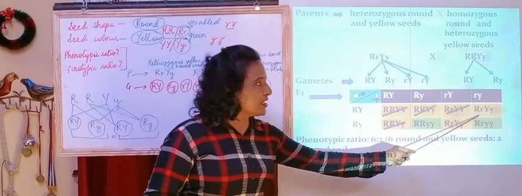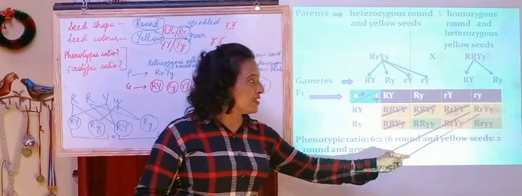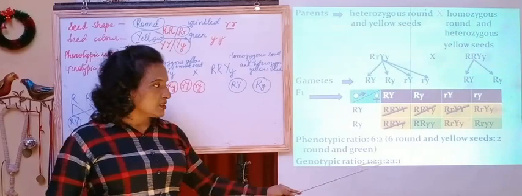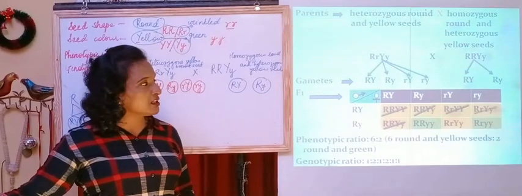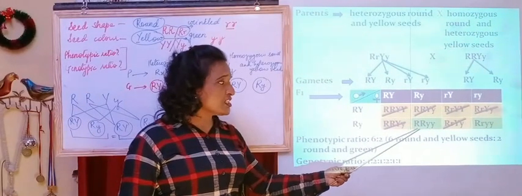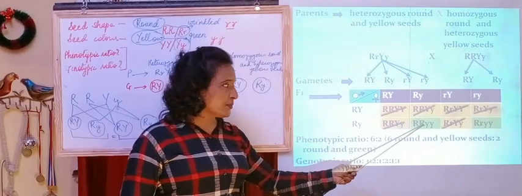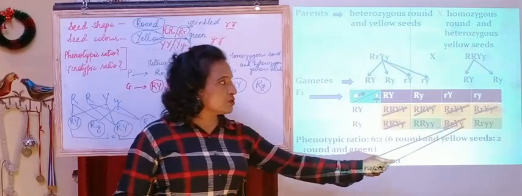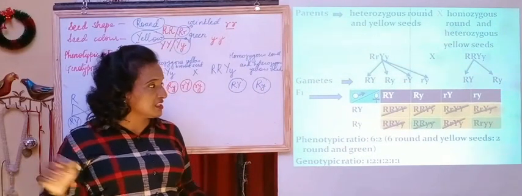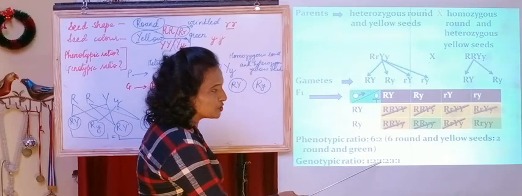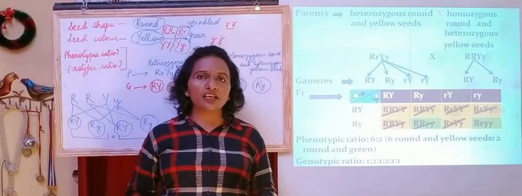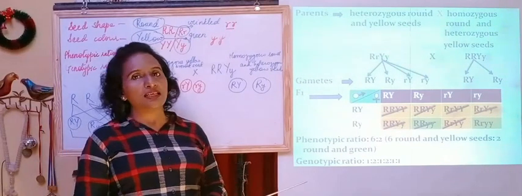Next is capital R, small r, capital Y, small y. So if you see here, there are 2 offsprings of the same genotype, right? So I have mentioned it as 2. Again, I will make a cross. That means we have finished with these offspring. Now what is remaining here is this. Capital R, small r, small y, small y. So it is not the similar kind. So both are 1:1. So all together when we see here, we will get the ratio 1:2:1:2:1:1. Okay, so it is a simple way by which we can write down or find out the phenotypic or genotypic ratio. Okay.